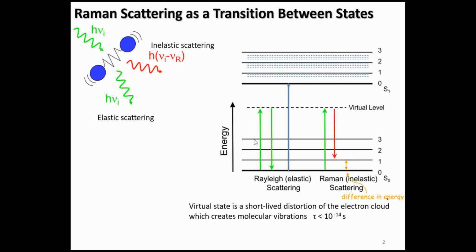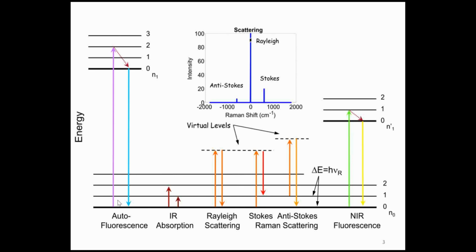Here we can see various types of vibrational transition processes. First a fluorescence one, then IR absorption. The energy of IR is very low. For a semiconductor, the optical energy gap may be say 1 electron volt or 2 electron volts. In IR, the difference is even around 0.1 electron volt. So those sorts of energies are absorbed in IR absorption.